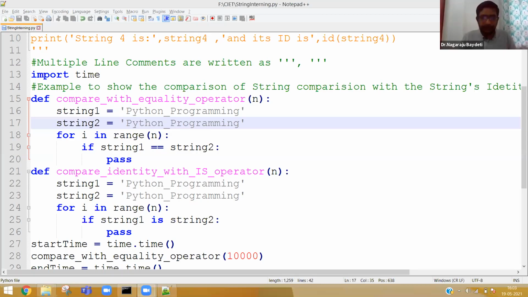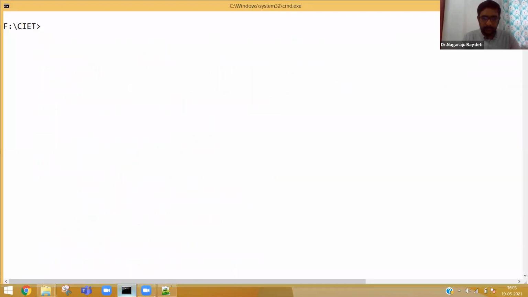So let us start our session from where we have stopped yesterday, that is regarding string interning. Let me start the program where some of the students got a doubt. Let me share my screen and start. For a brief amount of time, we will discuss again about string interning, and then we will continue with today's topic.